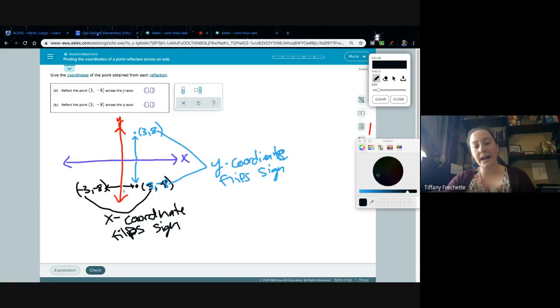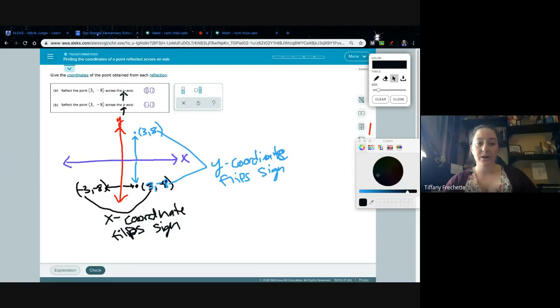But if I'm flipping over the y-axis, the x coordinate's going to flip its sign. If I'm flipping over the x-axis, the y coordinate flips. So whichever axis I'm flipping over, if it's y, I change the x. If it's x, I change the y. So it's a very easy pattern for me to follow so that you don't necessarily have to graph it